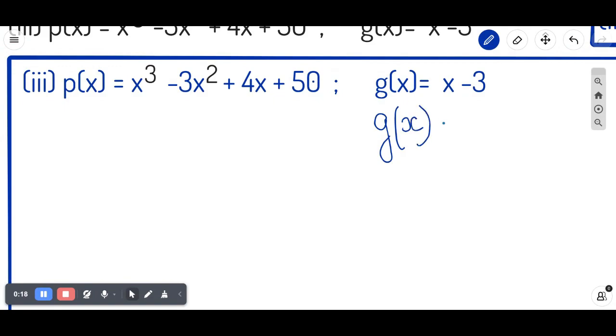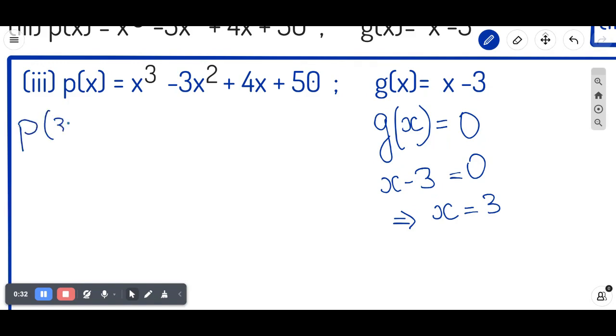So p of 3 will be equal to 3 cube minus 3 into 3 square plus 4 into 3 plus 50. So now the next step will be, this is equal to 3 cube is 3 into 9, 27. And what is this again? This is also 3 cube. So 3 into 9, that is 27. Plus 12 plus 50. So what happens in the first two terms? 27 minus 27 is 0. And then your answer will be